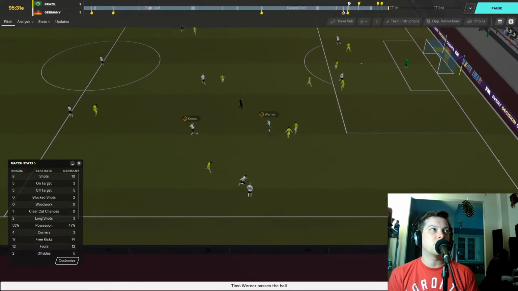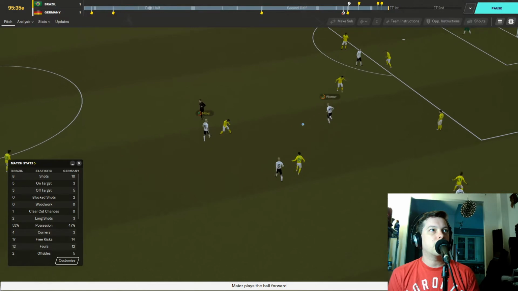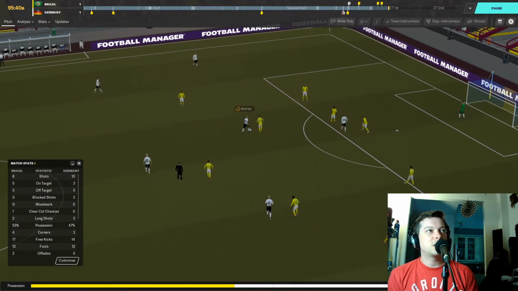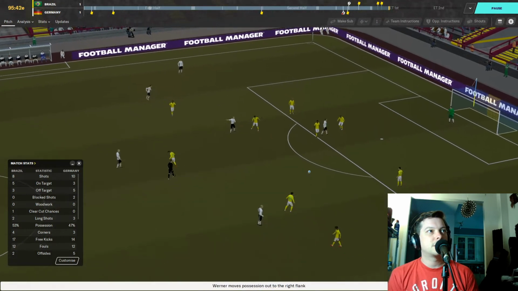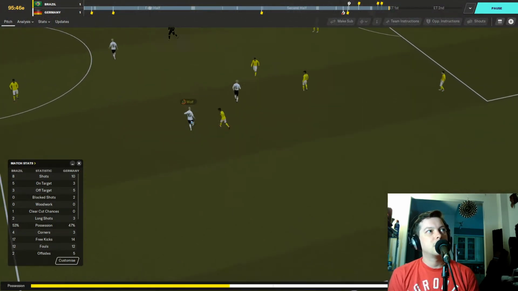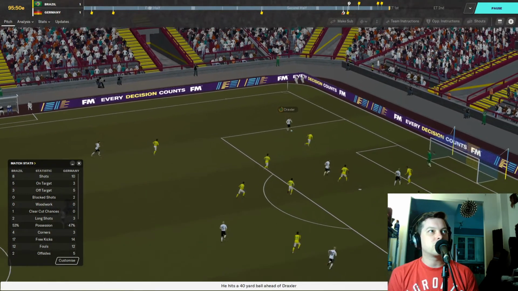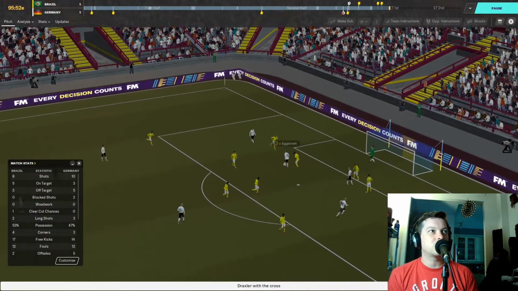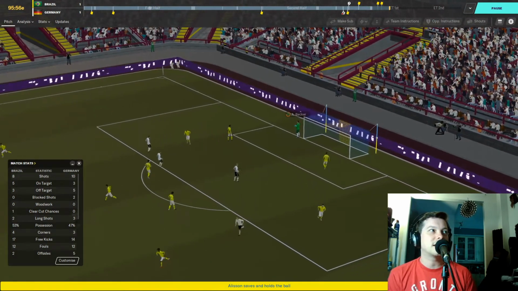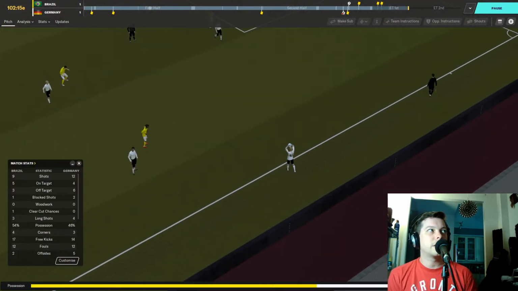Marius Wolf into Timo Werner. Toni Kroos. Lurking around the area now, the Germans. Timo Werner trying to make some space for himself. He's going to pass. Oh, he switches it back to the right. Marius Wolf collects it. Almost given away there by Werner. Meyer with a long ball forward to Draxler, who's in a little bit of space here. Does he try a shot? No. Eggstein off to Draxler again, and Allison collects that shot, and Brazil will restart. Very nervous players out there at the moment.